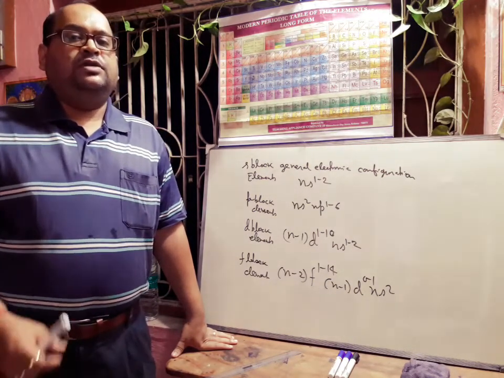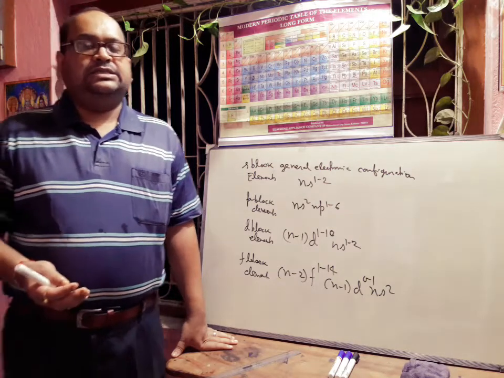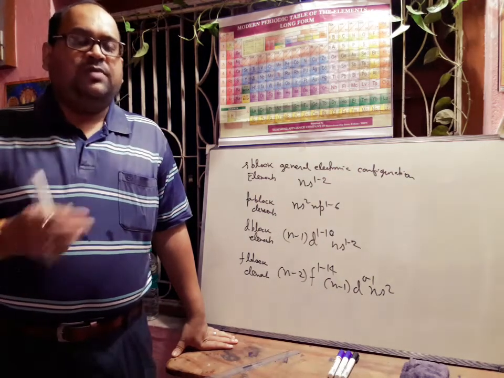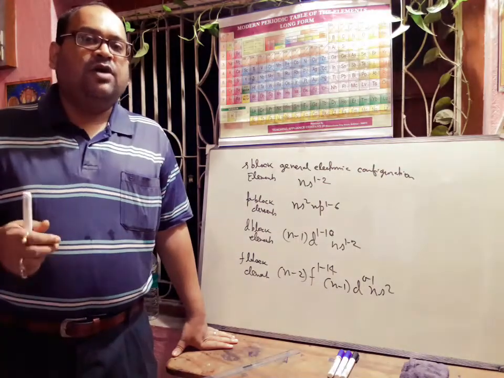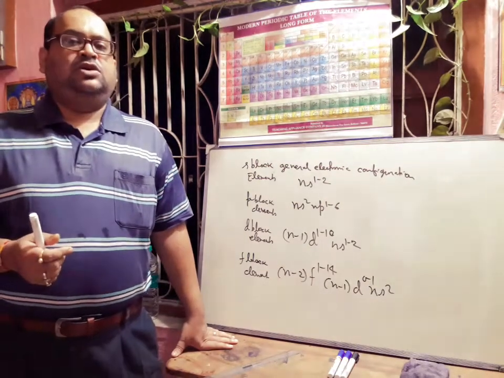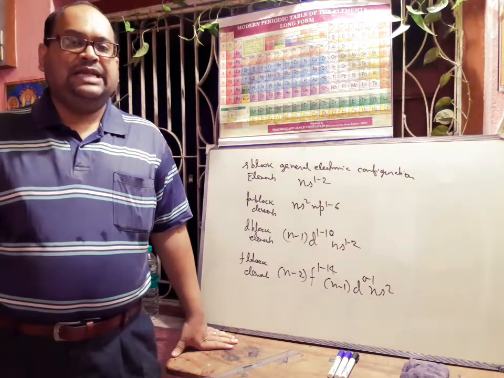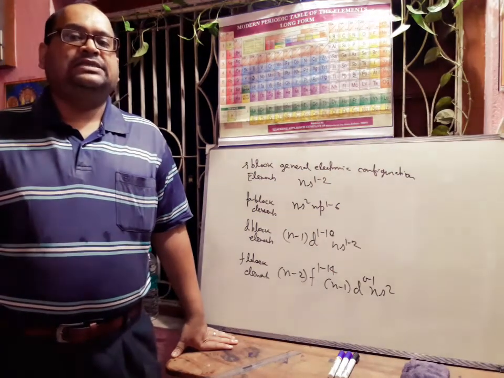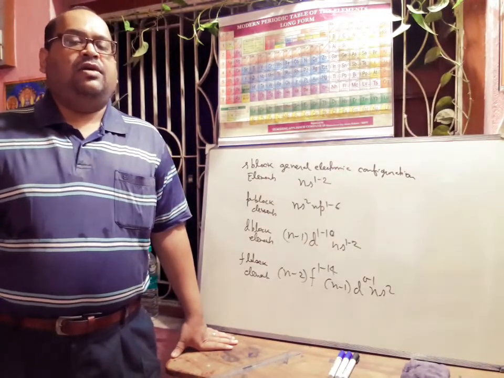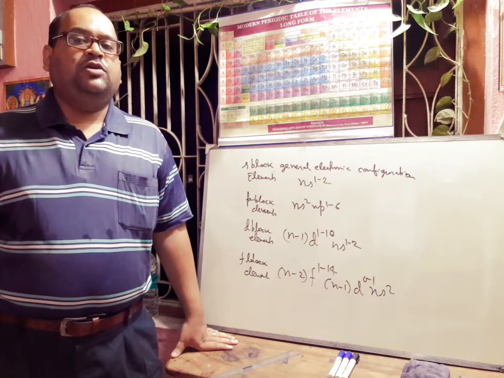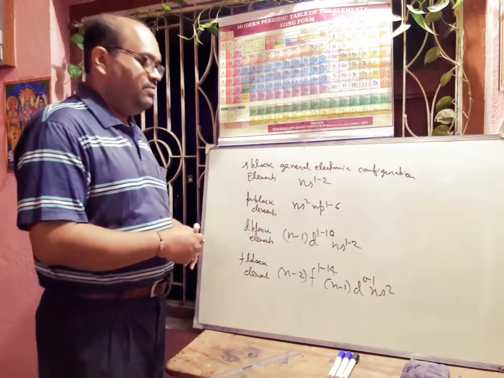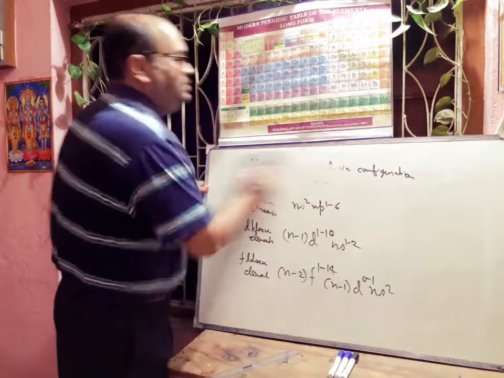You know the atomic radius is the most important periodic property. Atomic radius is the most probable distance from the center of the nucleus to the outermost shell of electrons. With the help of the X-ray diffraction technique, atomic radius can be measured, and its units are generally in picometer or angstrom. Generally 1 picometer is equal to 10 to the power minus 12 meter. That is very important. Most of the time we will write in picometer.